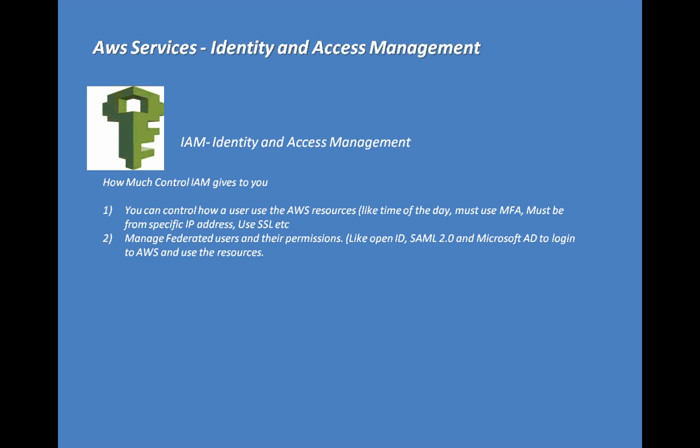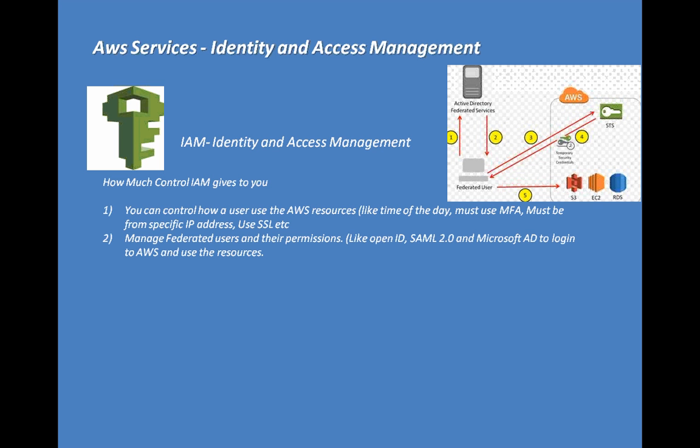Similarly, you can use SAML and OAuth, whatever federated identities are there, to log into the AWS console, use the resources, and provide the access whichever is required according to the need. Like you're able to see in the first diagram, wherein a federated user tries to get the information from the Active Directory Federation Service. Then, in order to get the access to the AWS resources,